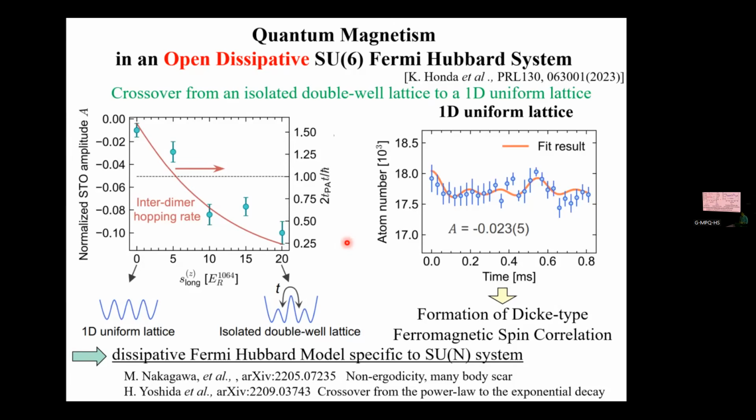The Dicke state has a paramagnetic spin correlation. So our observation can be linked to such a Dicke type spin correlation. But of course, we did not directly measure such a highly entangled spin correlation in our measurement. We only measure the nearest neighbor spin correlation. But it indicates the sum of the Dicke type spin correlation.